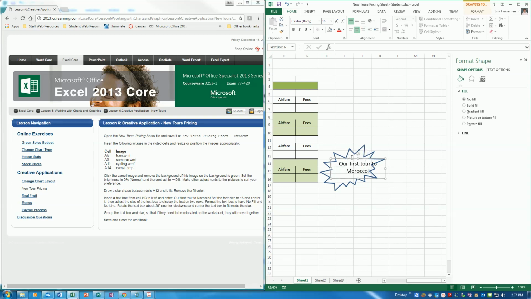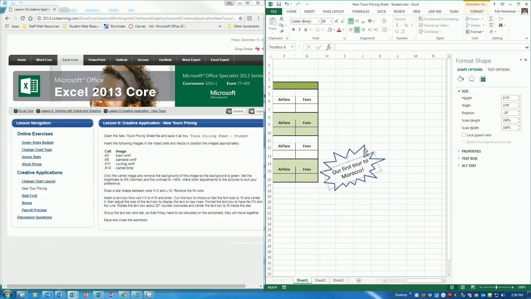And then we're going to orient this so it kind of works along with this star. So we could rotate it. I could hand rotate it using this handle. I can also go up here to the options in here, and under rotation I'm going to rotate clockwise, which for Excel means negative degrees. So I'm going to go about 20 degrees, and then we'll move it so it's inside of the star, and then we'll go ahead and